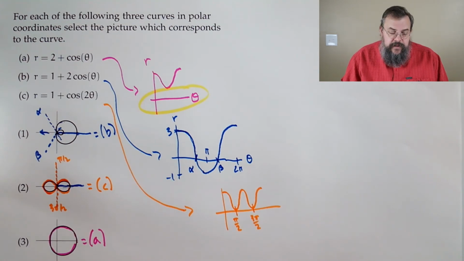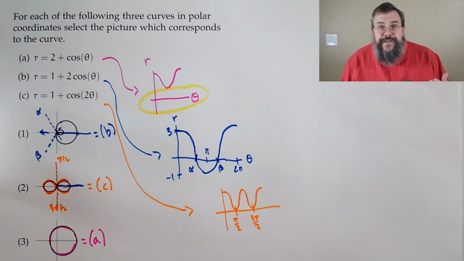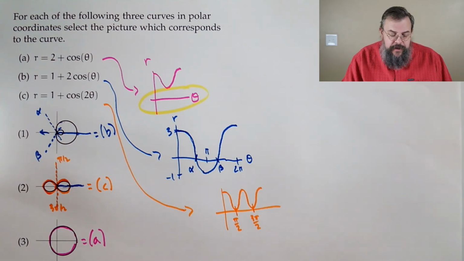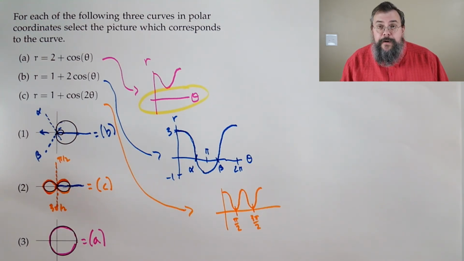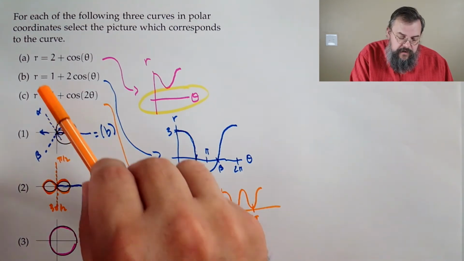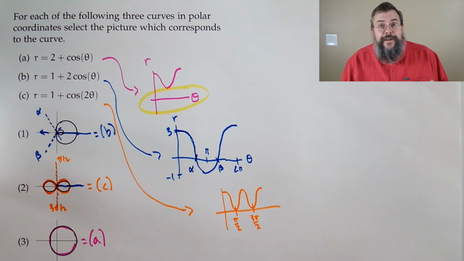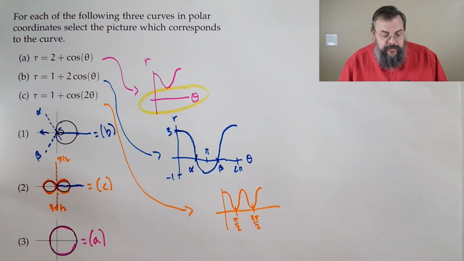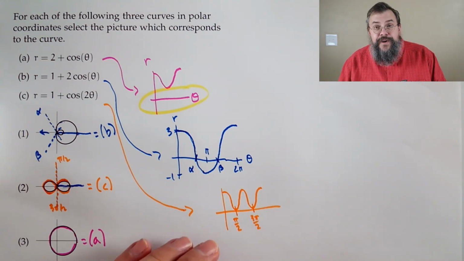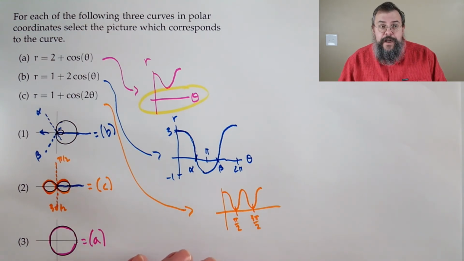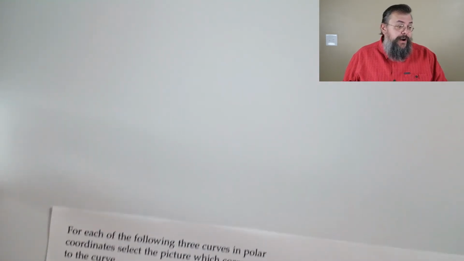All right, and we can see small changes in where we put that 2 can lead to very different behavior. I mean, the original shapes are quite distinct from one another. And we would say, wow, they're very different curves. But then when we look at this, they don't seem that different at all. So polar curves are a little different. You've got to get used to it with practice, and it doesn't hurt to have a computer say, well, I'm not sure, let me have the computer plot it. That's not a bad way to build intuition. All right, well,